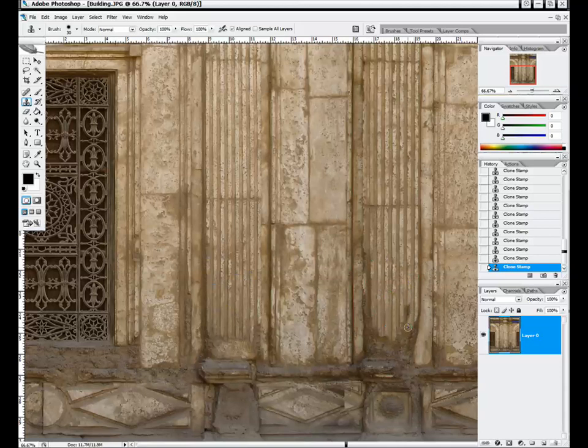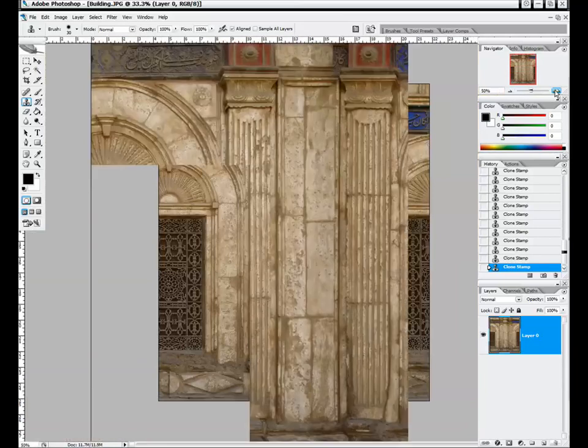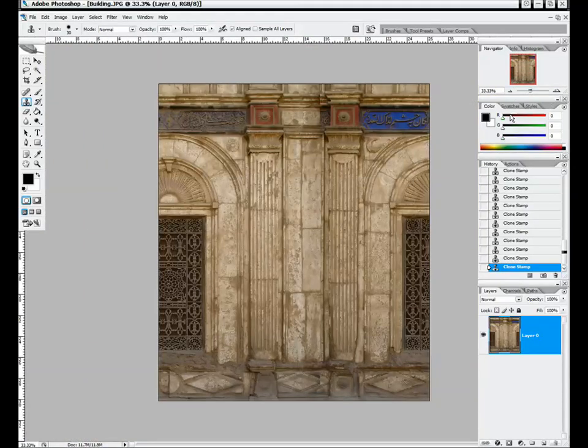With our other pillar. We could also copy and paste that in if we wanted to. But I'm just going to work around these lines here. So we just take care of most of that damage, so it doesn't look exactly like something that would show up a lot when we're tiling it. And we're just trying to reduce that tiling effect once again, which is a large majority of what we have to do to make these